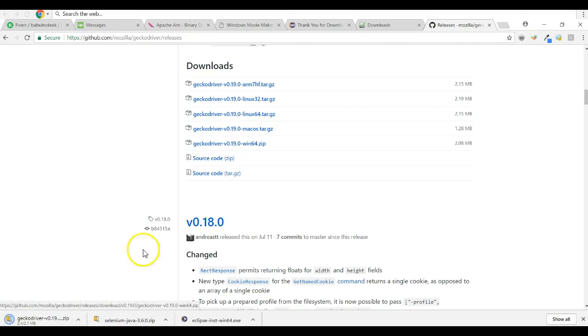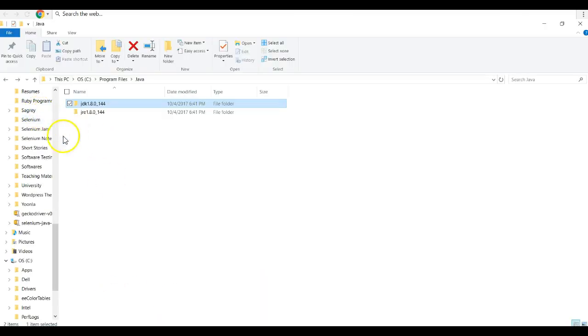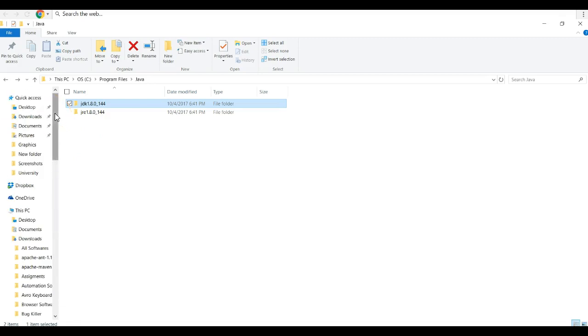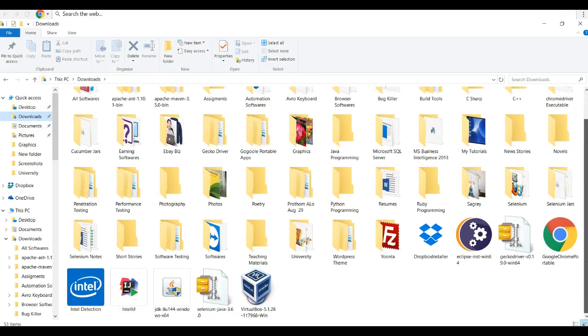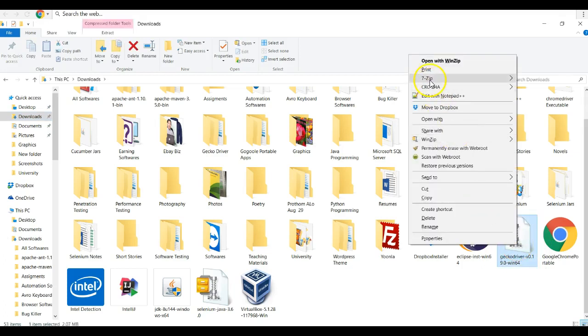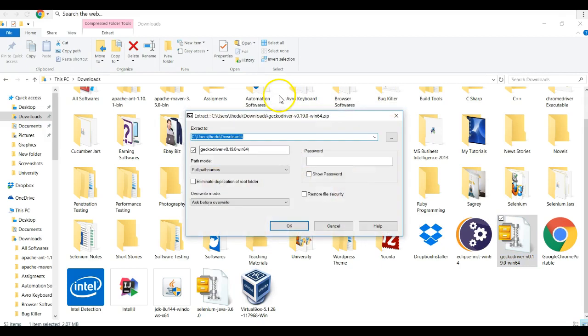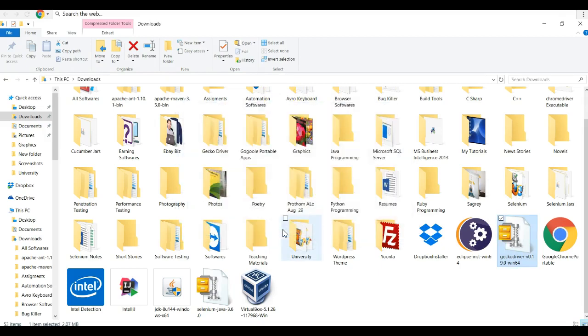Right click here, and Gecko driver is downloaded. Okay, so where is Gecko driver? Go to downloads and Gecko driver. Let's see, right here is Gecko driver. Okay, so extract the file, click on OK, and Gecko driver is right here. What you have to do is